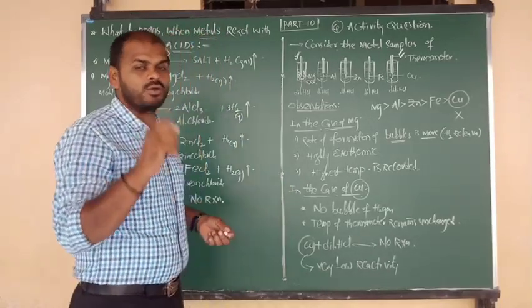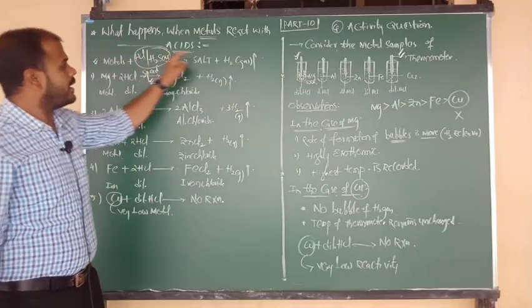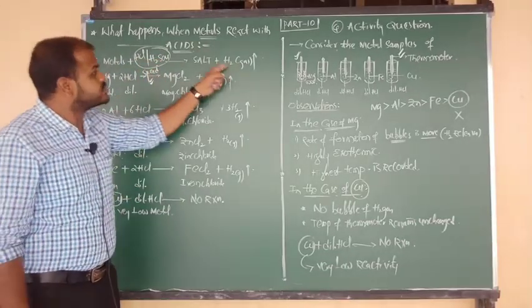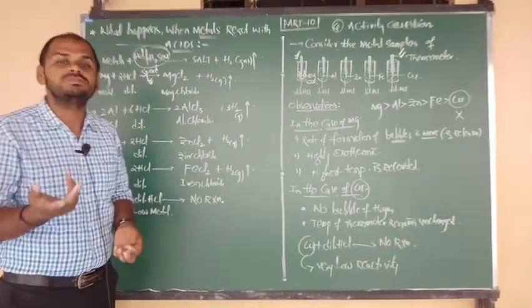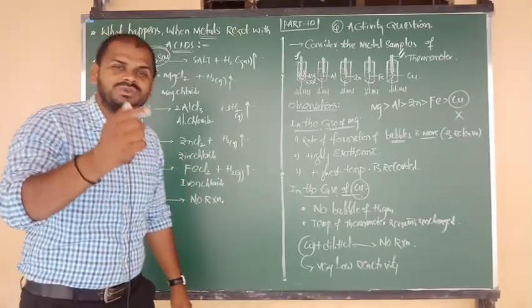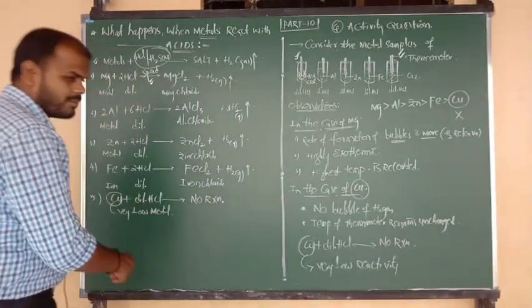So okay, already one question was repeated. Metals on reaction with HCl evolve H2 gas. Metals on reaction with sulfuric acid also evolve H2 gas. But metals on reaction with nitric acid do not evolve H2 gas. That is the reason you want to know. Can I explain? Yes. I am going to write here.